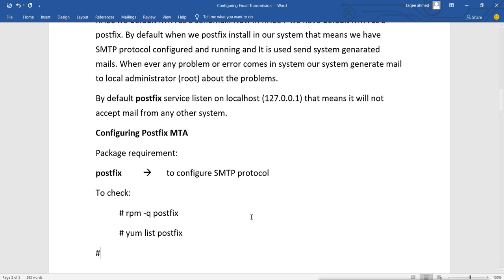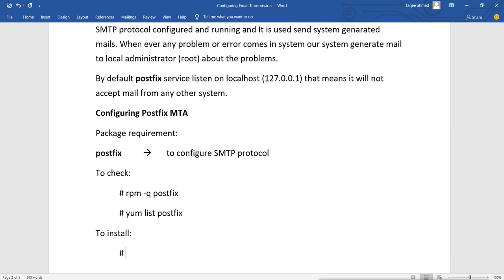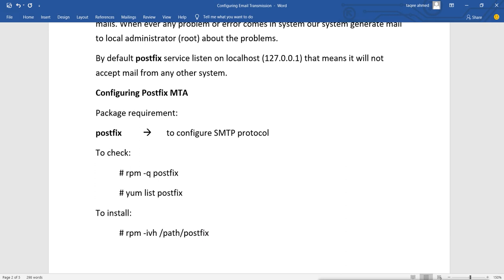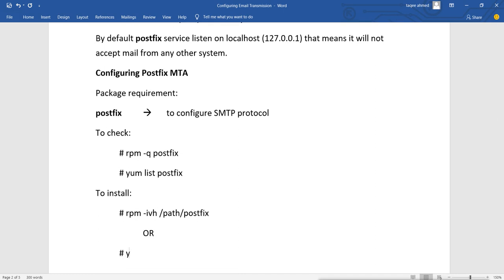If it is not installed, then we should install it. We can install it with the rpm command using -ivh and the path of the package, then the package name postfix. Or we can use yum if it is configured: yum install postfix.